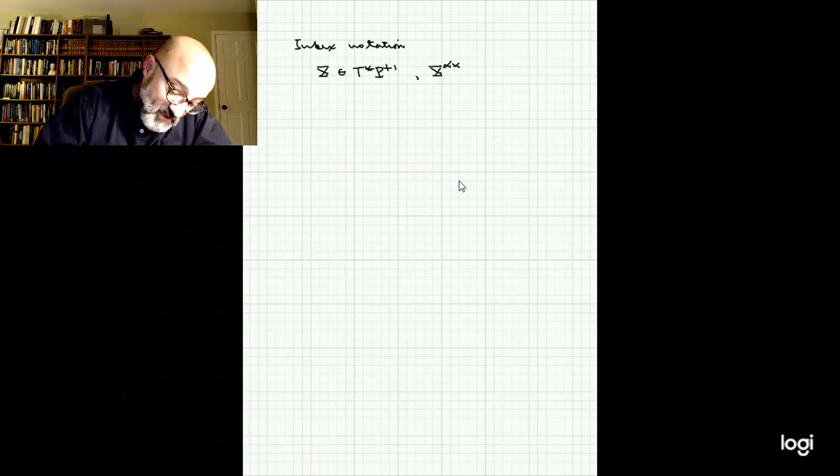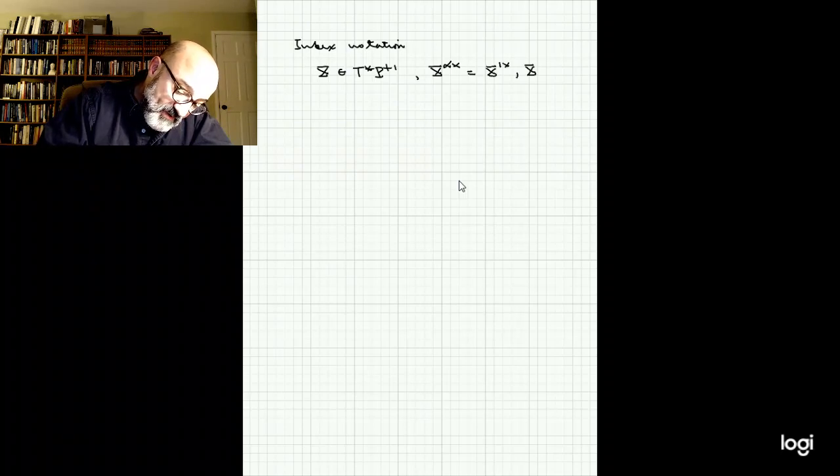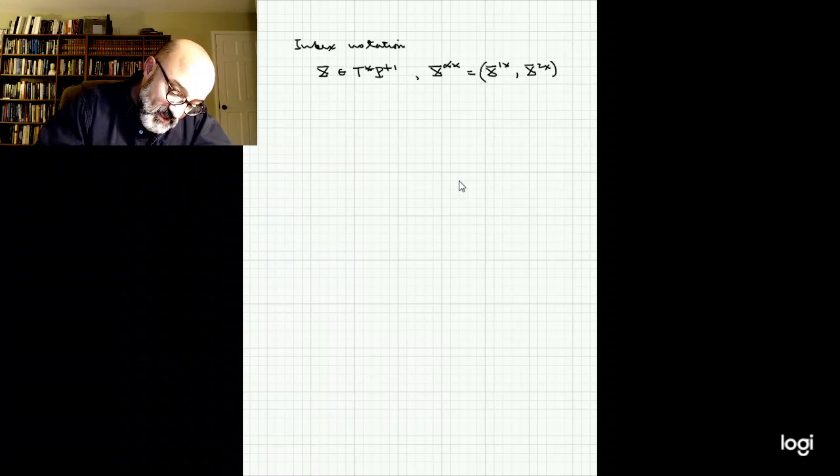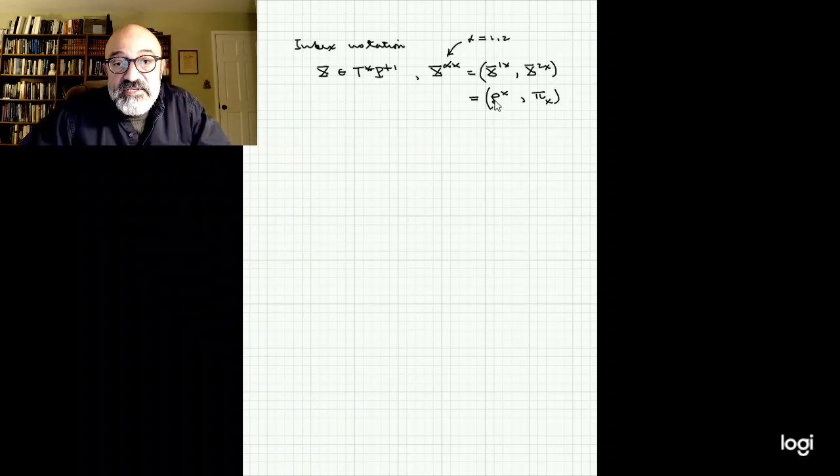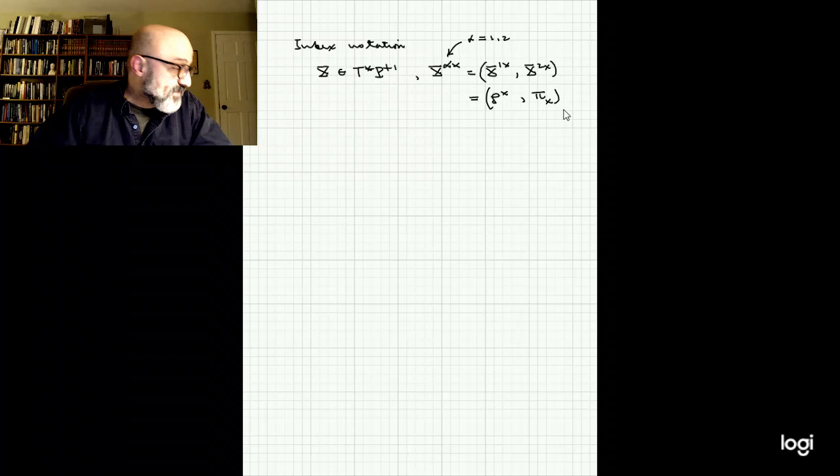alpha x. And what these guys are going to be, this is going to be value 1 and value 2 for the alpha, and the 1 is going to represent the rho, and the 2 is going to represent the pi. So alpha here takes two values. One is rho and the other one is pi, and then x takes an infinite number of values, continuous infinite. And so with this notation,